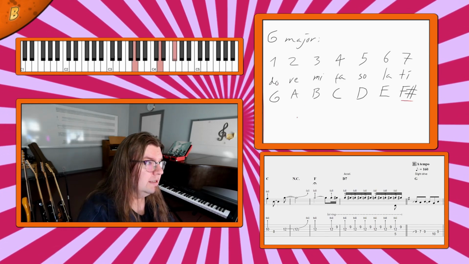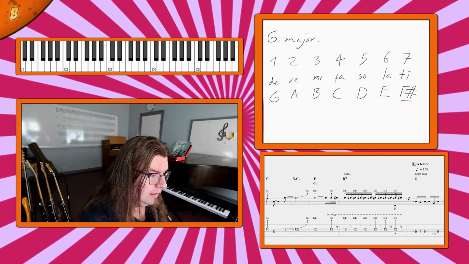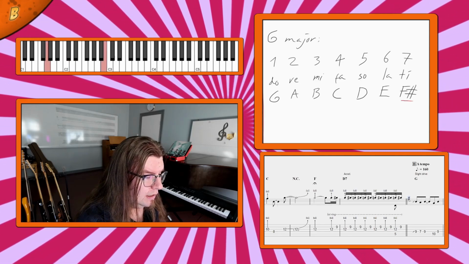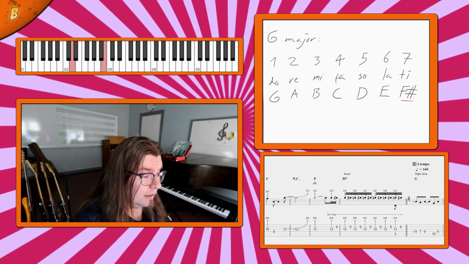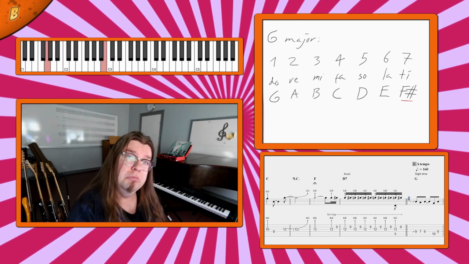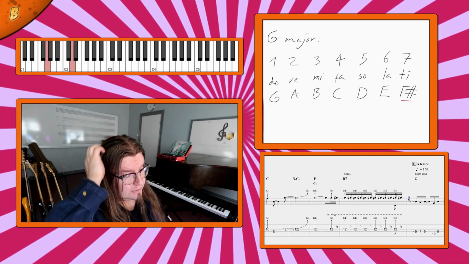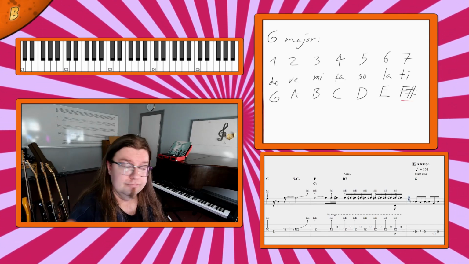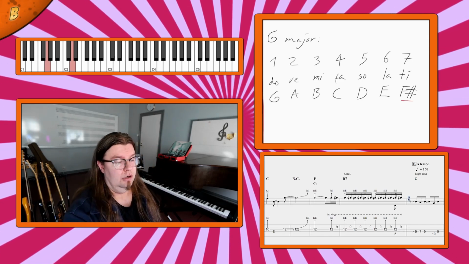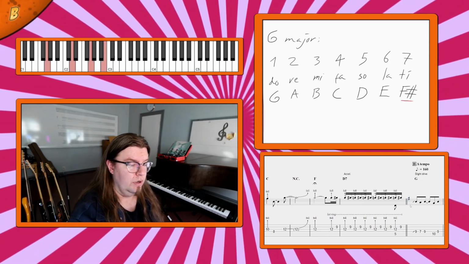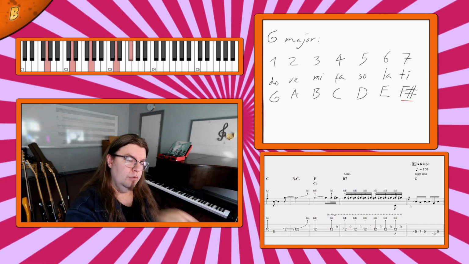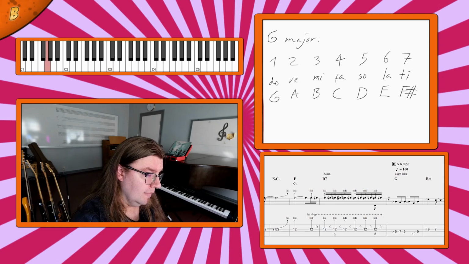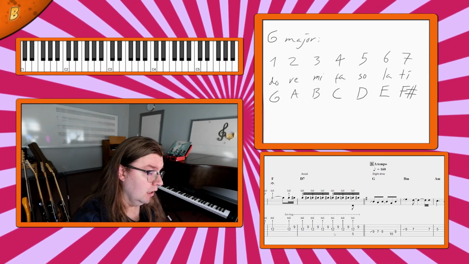And that is why in the notation as well, you can see that there's a double bar line over here, and there is a sharp note here. And if you read notation, maybe you can see that it's in the very place where an F note would be. So that's the implication of a sharp like this. It means that we are in a new key, and every time you go to an F, you make that sharp. G major is the 1, B minor is the 3,